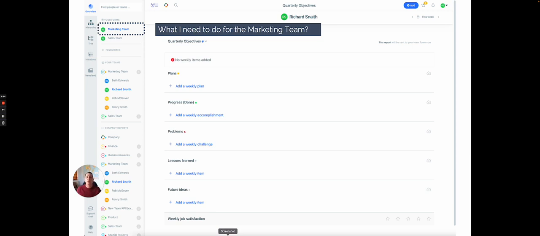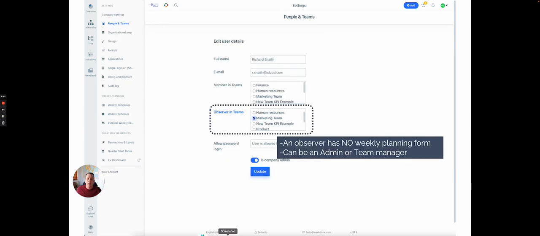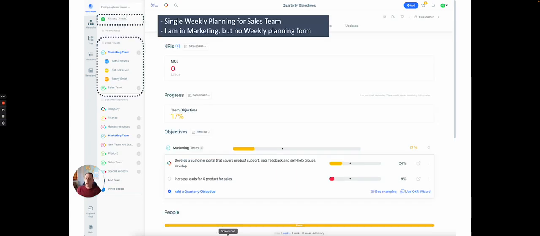And this is where I can add the plans I need to do. Now, for some of you, you will have seen observer. What observer actually means is an observer is somebody that is in a team but has no weekly planning form. So, could I have added myself as Richard into the marketing team just as an observer? I could have done. And what will I have? Well, I will just have a single weekly planning form because I'm in the sales team, but I only have a sales team weekly planning form. I'm also in the marketing team,